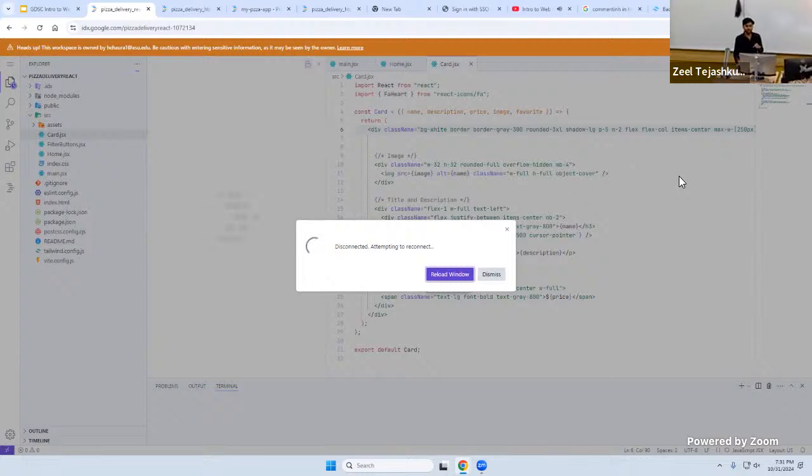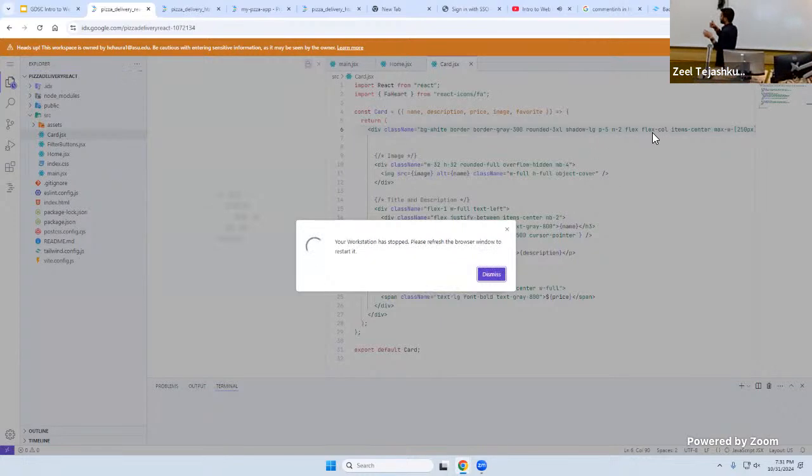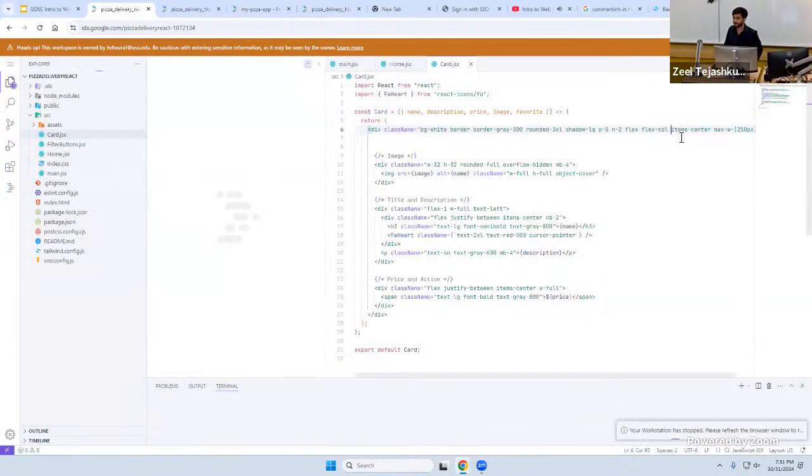So here, if you see, I have written flex, then flex column. What I'm trying to say is that whatever elements I'm going to use, they all need to be in a column, right? However many elements I keep adding, it will keep adding them to a column. After that, I've written this thing called items center. What this does is basically put all of the elements you have in that outer div